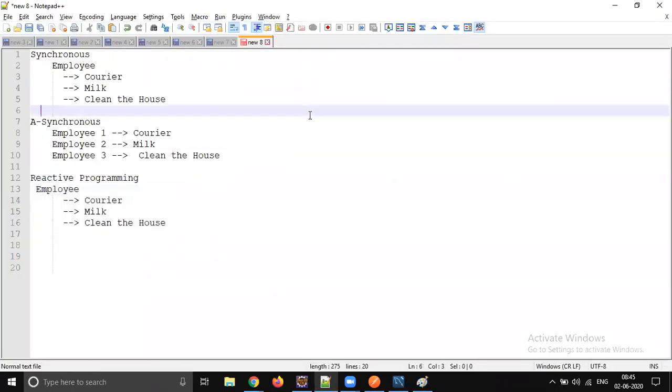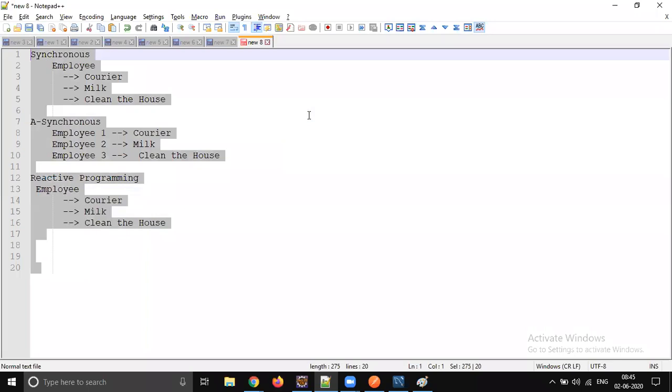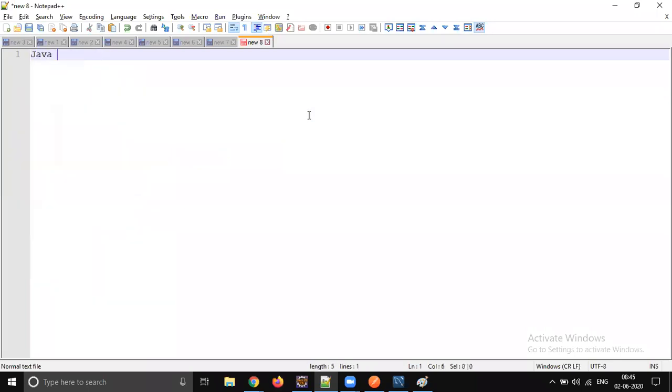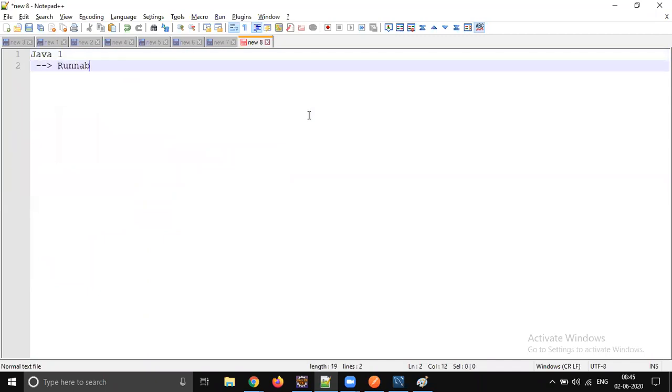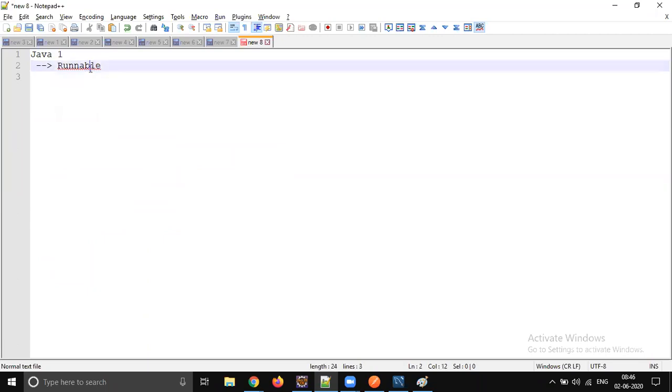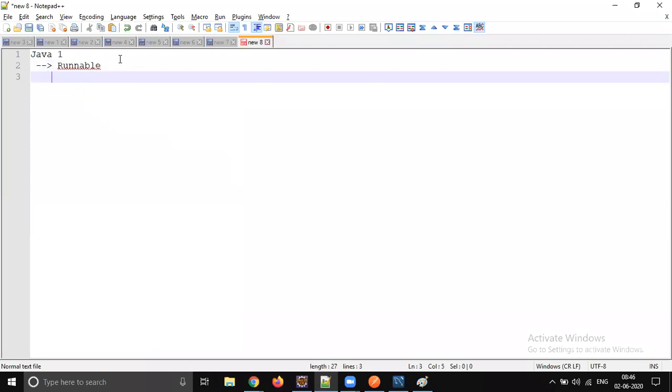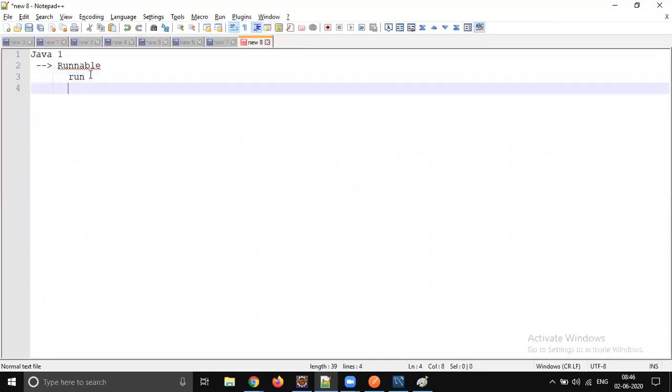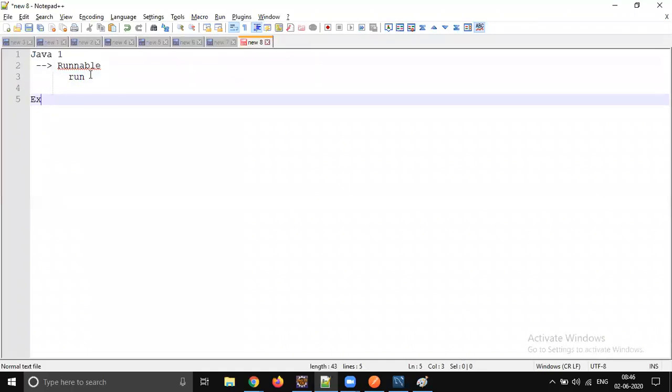Anyway, in Java 1.0 to Java 1.1.5, it's a Runnable, right? What you will do is override the run method, and you just execute this run method asynchronously. But we cannot get anything back from this run method, so then you go for executor service. Anyway, this is not suitable, then go for executor service, right?